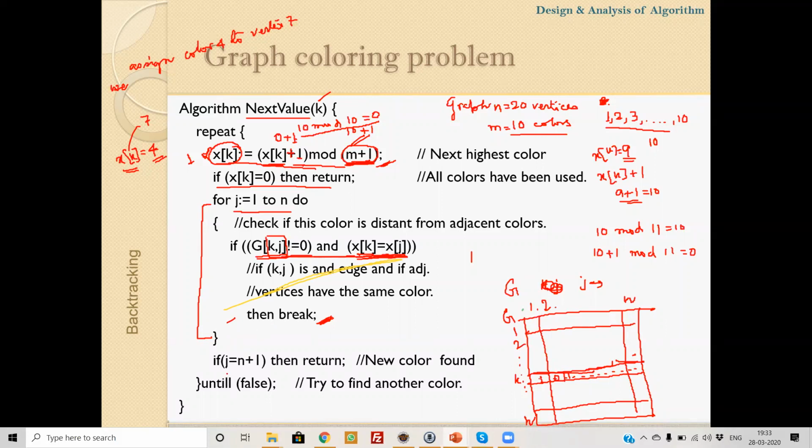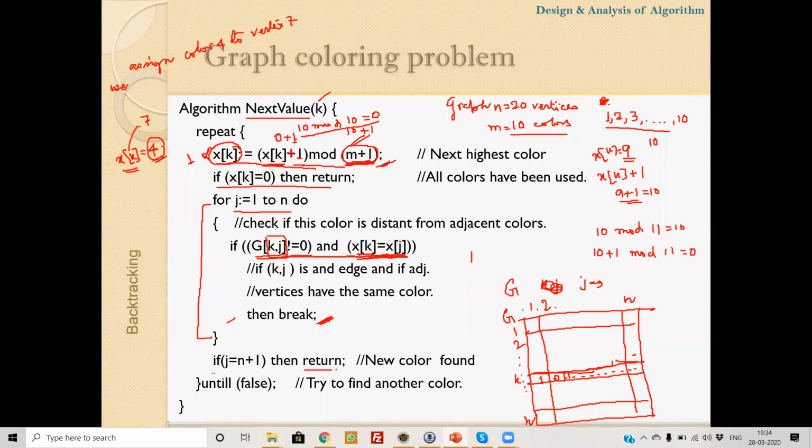Then we have to try with some new color. Now, if j is n plus 1, that means this loop has iterated successfully through all the iterations. If all the iterations are successfully executed, that means no break statement is called, so none of its adjacent vertices are colored with color code 4. So then we will return.